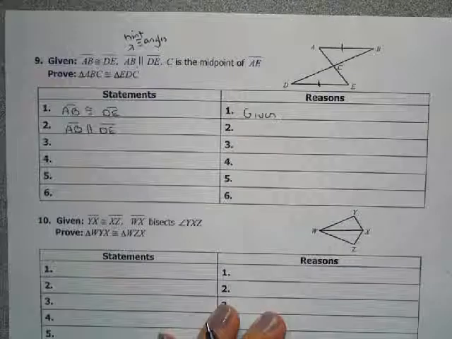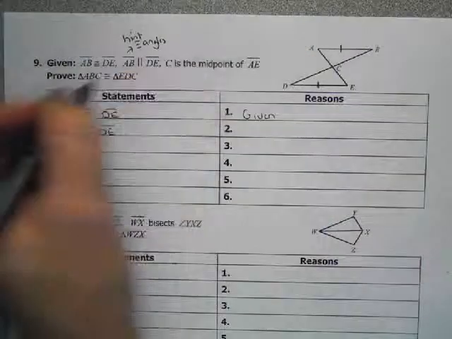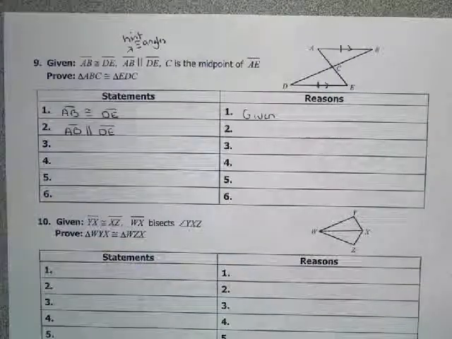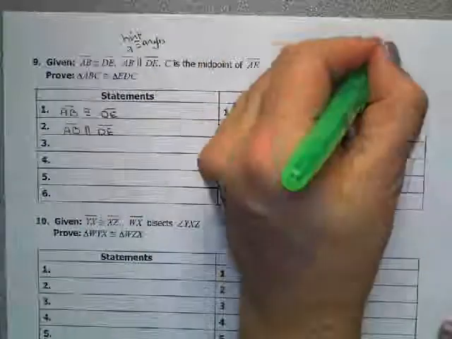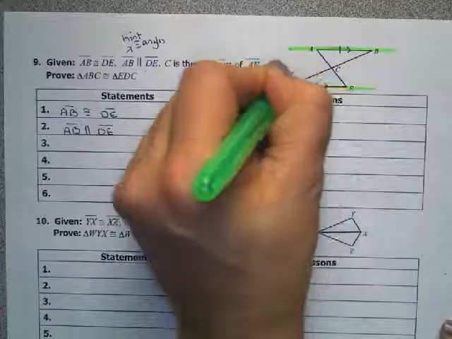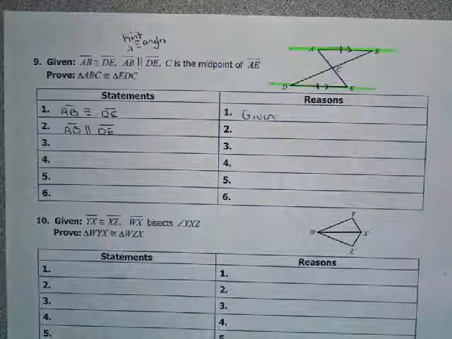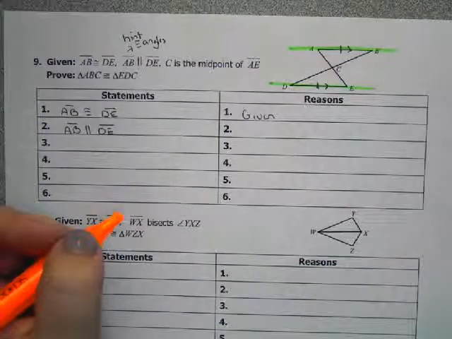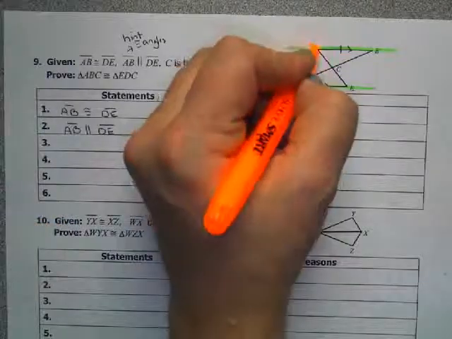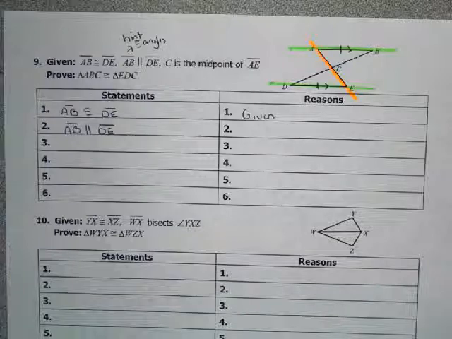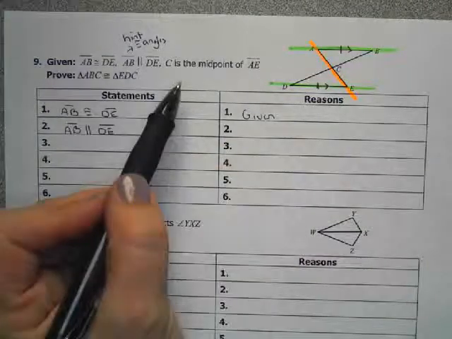The key is, where are those angles? So if AB is parallel to DE, let's take it and extend the drawing a little further. So those would be our parallel lines. And then we have a transversal going that way. So what that'll create is alternate interior